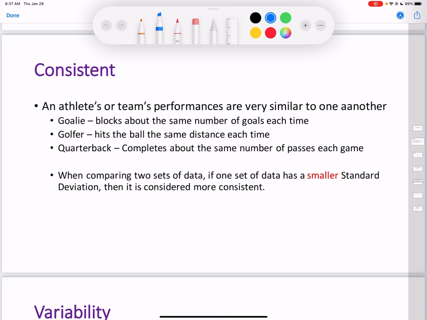And you'll notice that when you're comparing two data sets, if one of the sets has a smaller standard deviation, then it's considered more consistent. So if you were looking at a bunch of your test scores, and you range between a 90 and a 100, okay, so say these are your test grades, versus if your test scores range between a 70 and a 100,